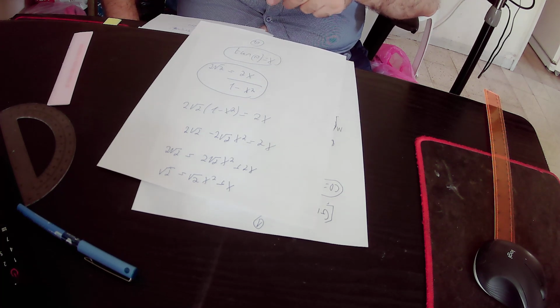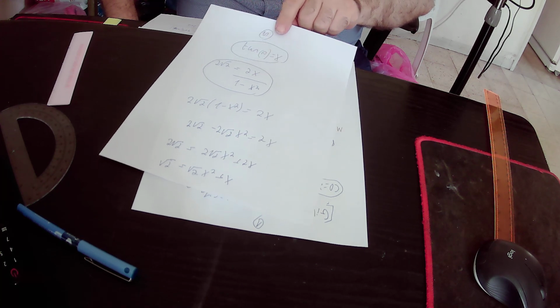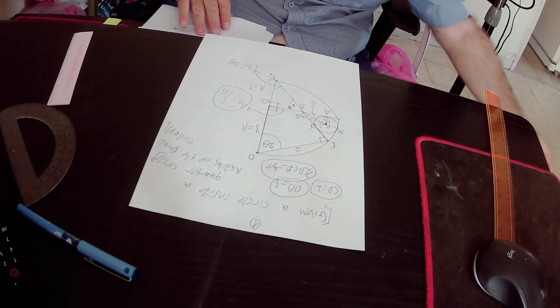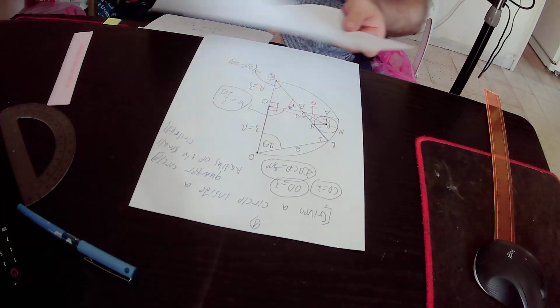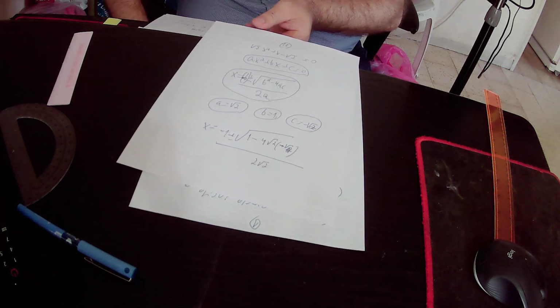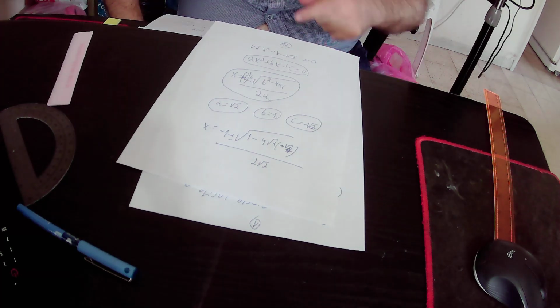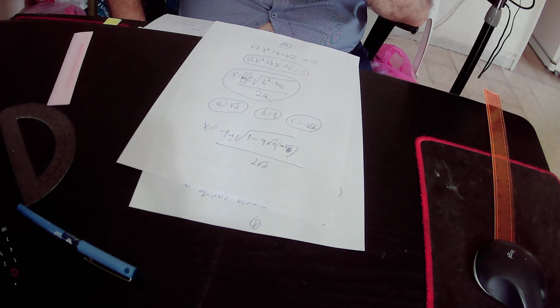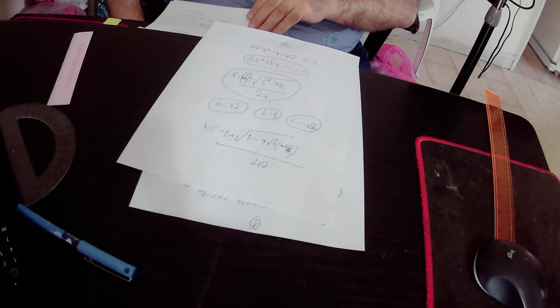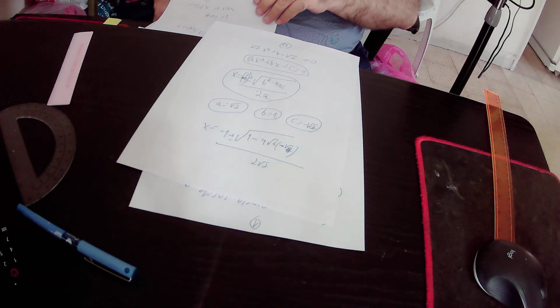So actually we got the quadratic equation that root 2 times x squared plus x minus root 2 equals 0. We solved this quadratic equation, and we found out that